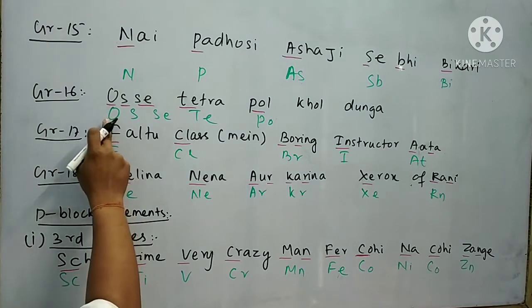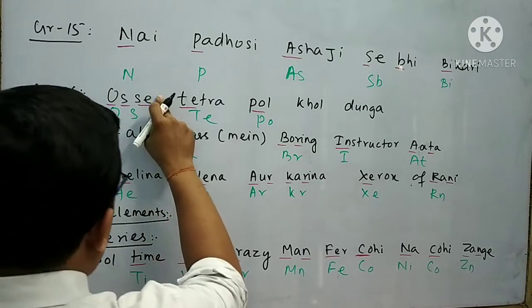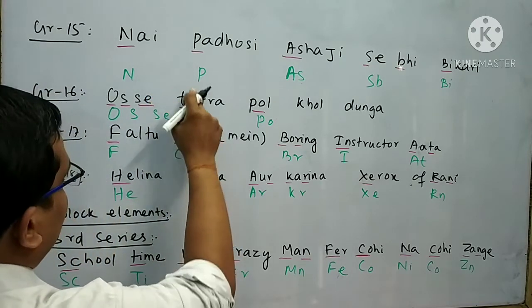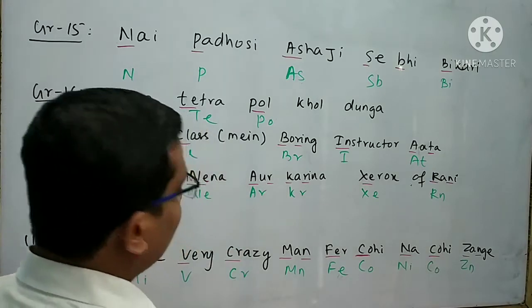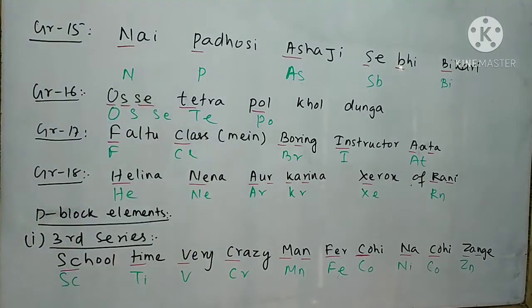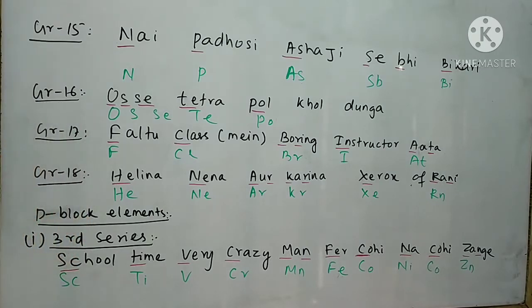Here O represents oxygen, S represents sulfur, Se represents selenium, Te represents tellurium, Po represents polonium. Like group 16 elements, we also think about another trick for remembering the group 17 elements, that is your